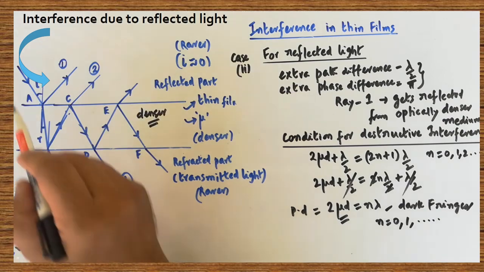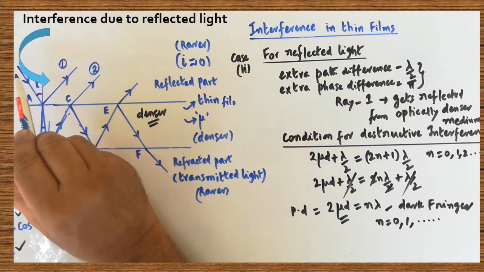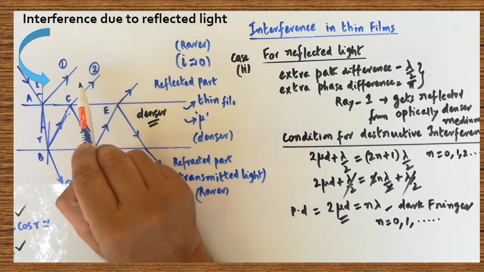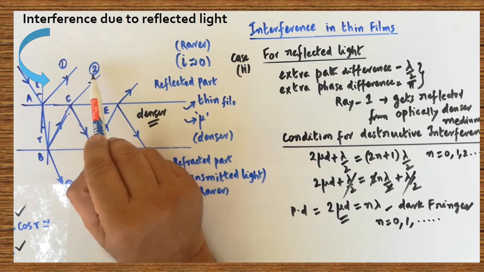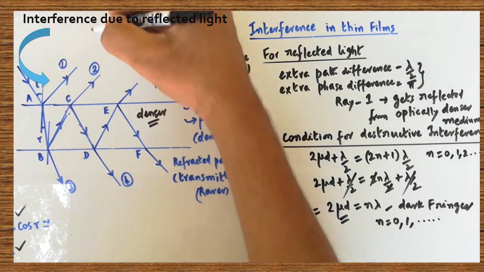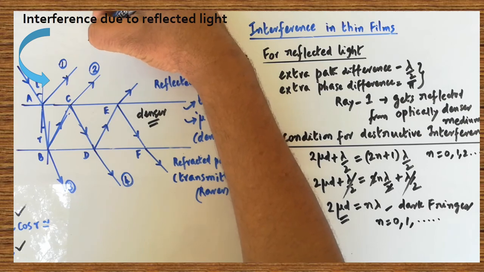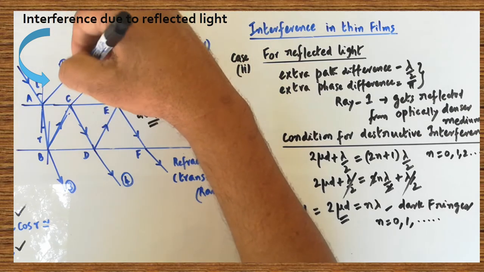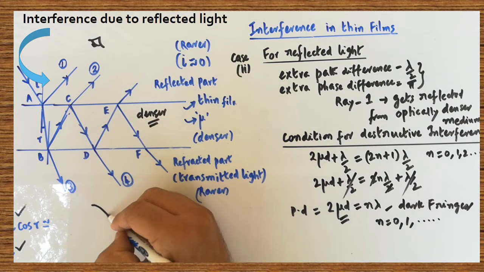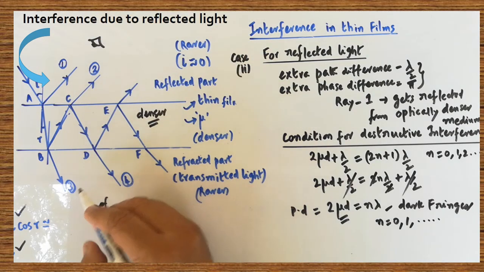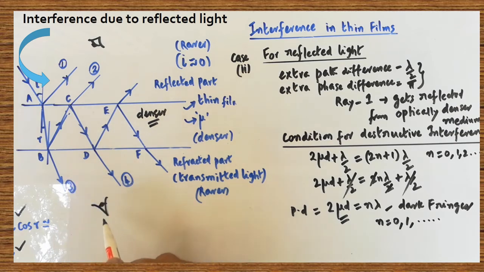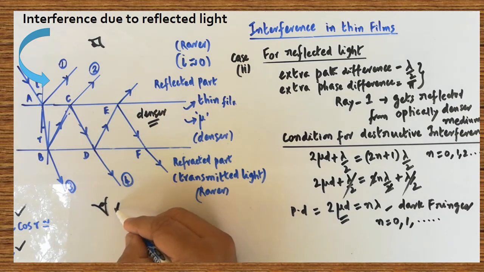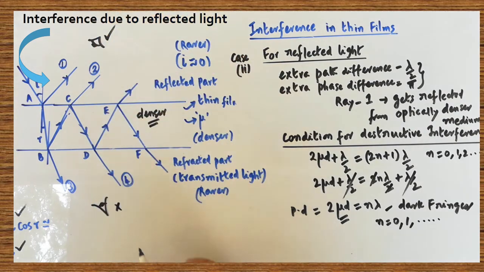Here, since we are using polychromatic light, sunlight or any other white light as a source, after interference you are able to observe the colored interference patterns. If your eye view is here, we are able to observe the colored pattern from outside the bubble. If your eye view is here, we are able to observe the interference pattern due to transmitted light, provided you should be within the bubble. This is not at all possible, but we are able to observe the interference pattern from outside. Make a note. Any doubt in this? This may be asked in a 5 mark question.